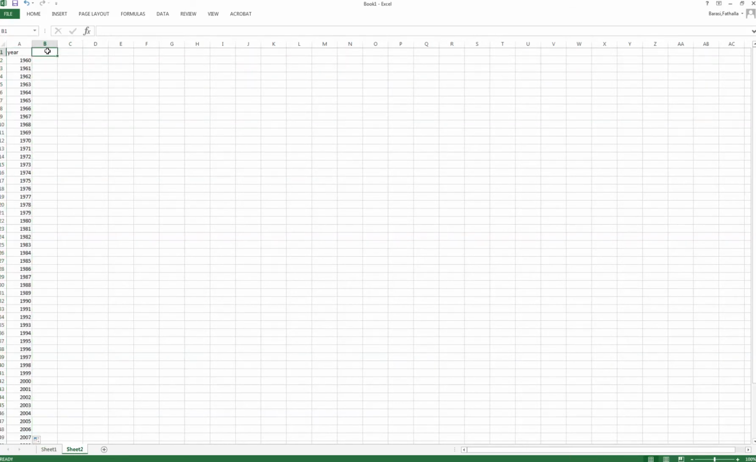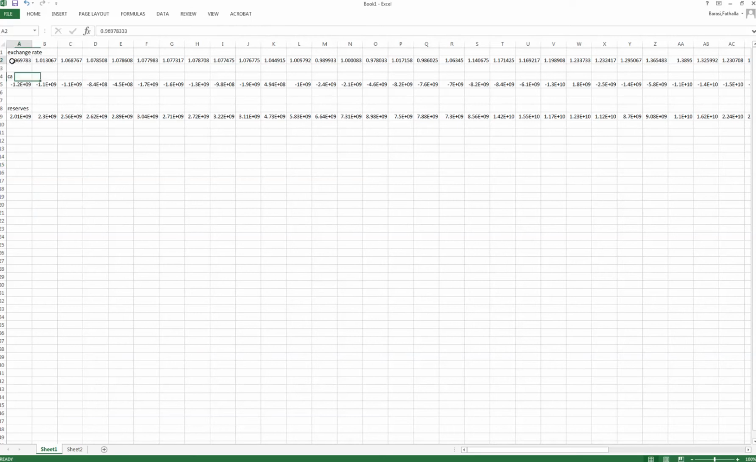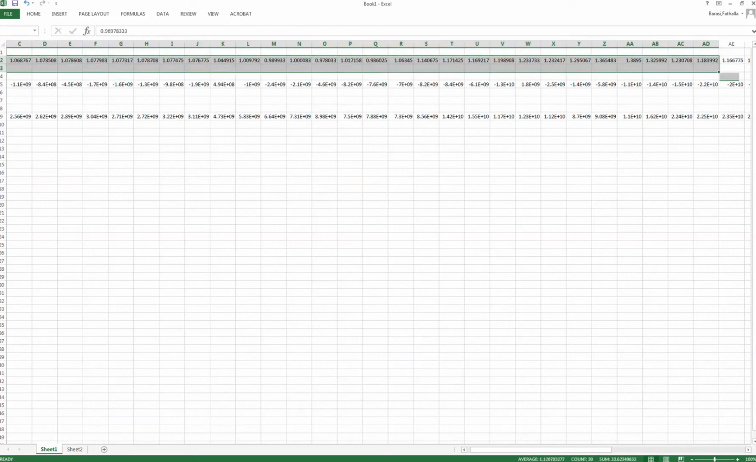We make sure that we have the exchange rate. We just give a sample name for the variable, like the current account and the reserves, and the exchange rate. We copy the exchange rate here